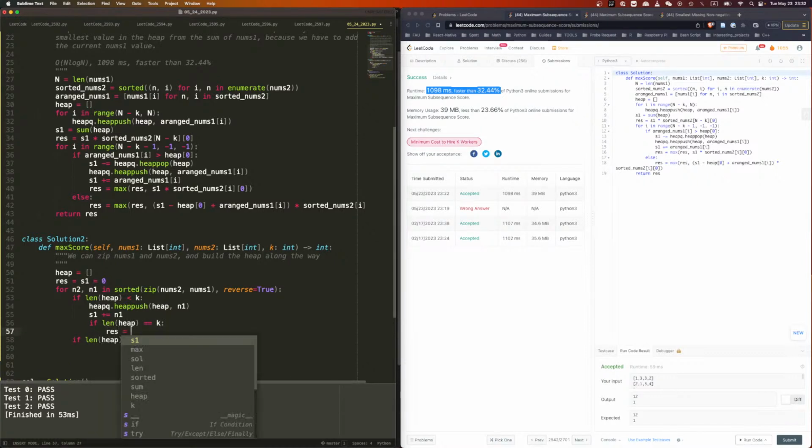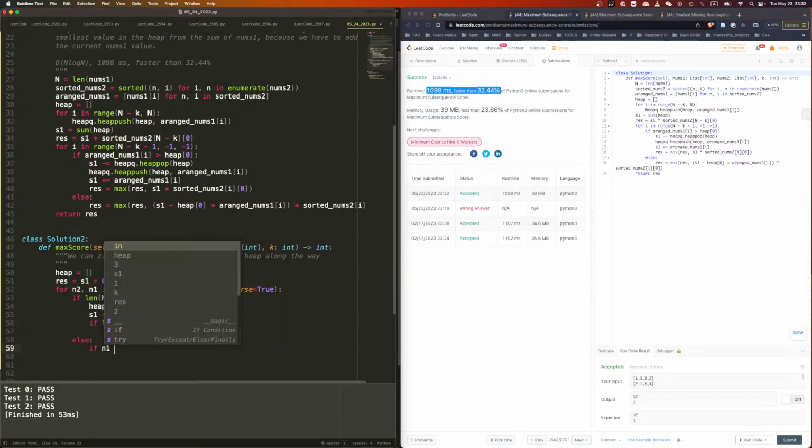Then rest shall equal S1 times N2, right? And here I can just say else. Then else will have two ways. We will be like, if N1 is larger than heap 0,